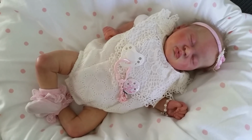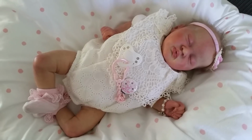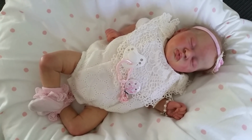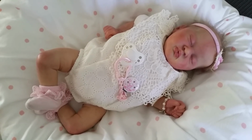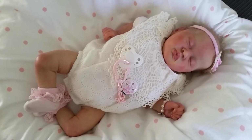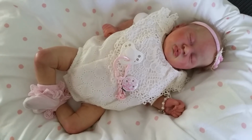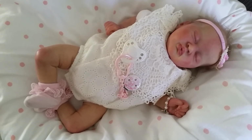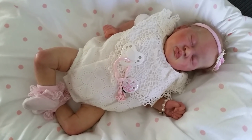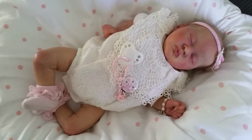And I remember my mother making a comment about a year or two ago about my babies, and why do I dress some of them so old-fashioned? Like, why would I be interested in that sort of old-fashioned baby clothing? And I was explaining to her that my love of baby clothing, as well as reborn clothing, is that I like both. I like old-fashioned, vintage, and lacy and that sort of thing, but I also like